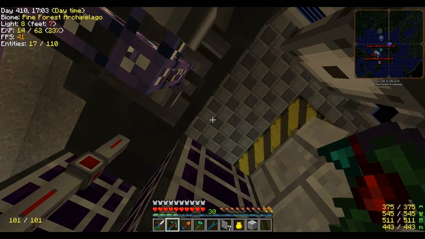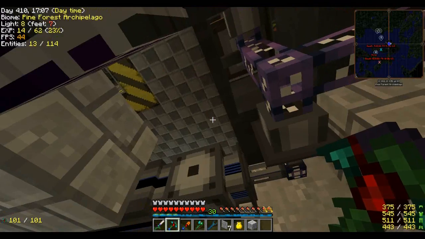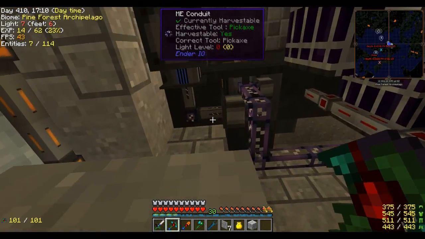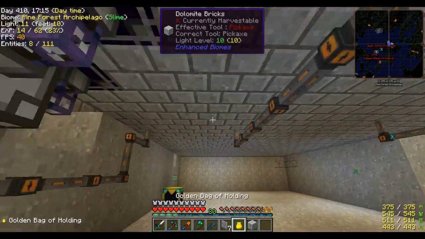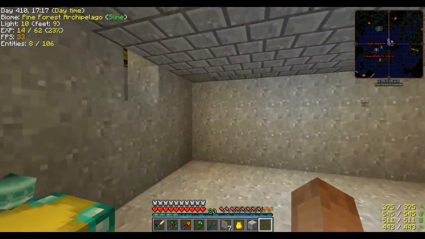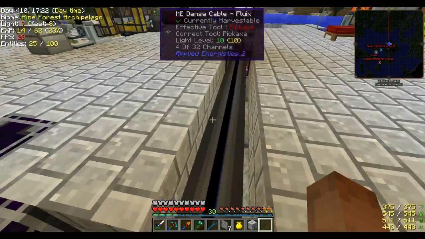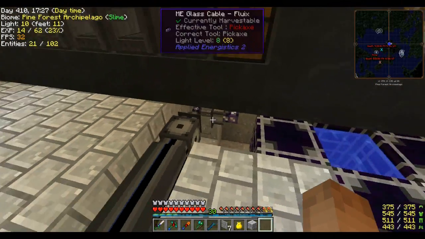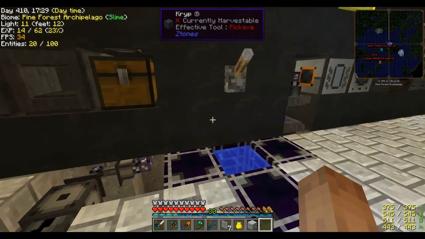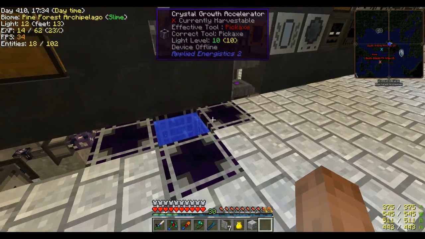One of the first things we're going to have to do, I'm going to figure out where I want to put this, is we have to automate this guy, because we need to be able to automate the production. Where are all the other things? I guess they're not. Well, maybe I did pick them all up. We need to be able to automate the crystal growth accelerators for,